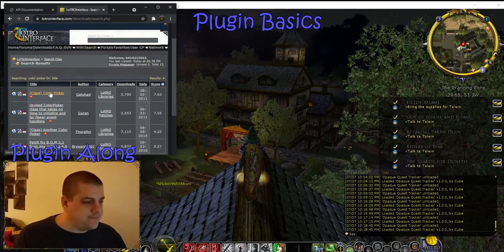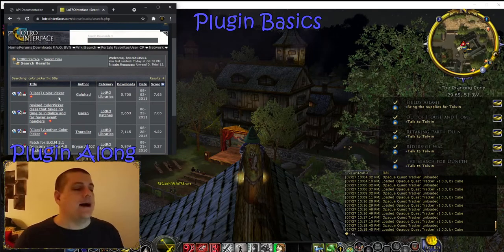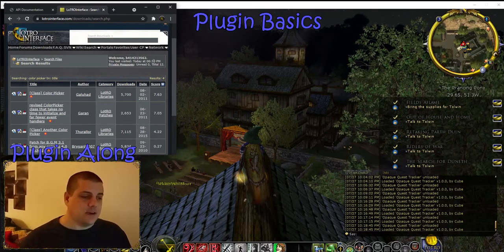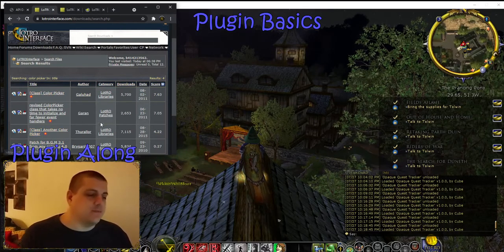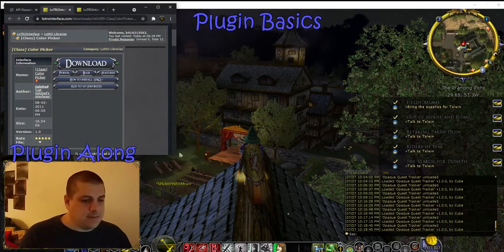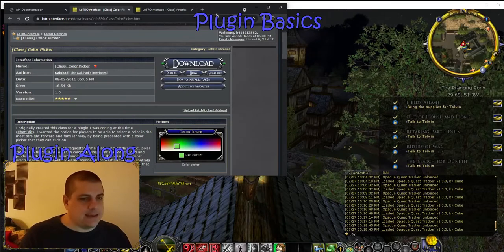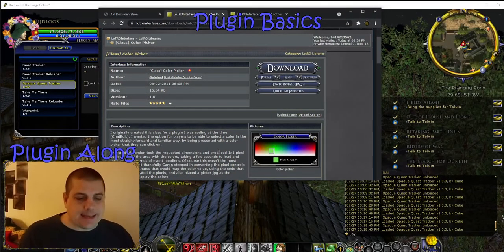We're going to get, neat, just checking what other things we get. We're going to get two things of interest for us today. The color picker class and another color picker by Thurlor. The first one by Galahad. So let's see. Can I make this window bigger? I sure can. Excellent. So the color picker is a class that